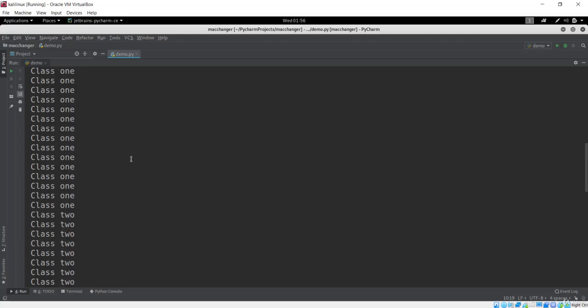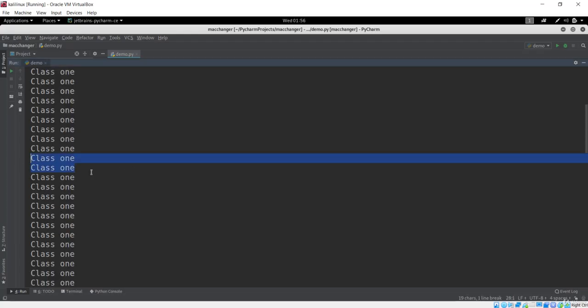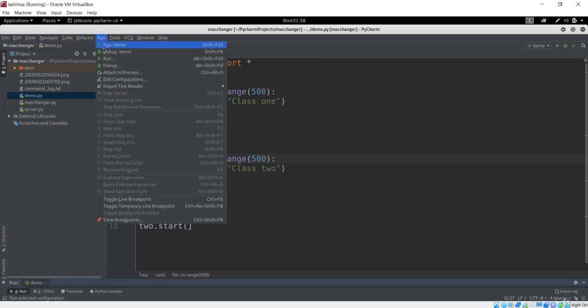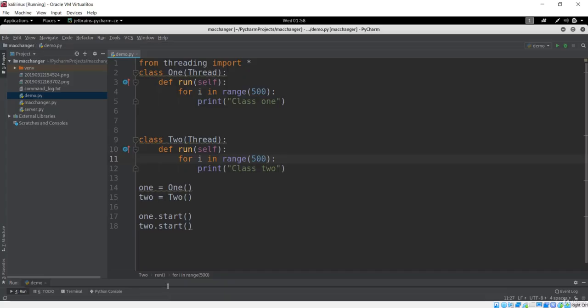Still this is not showing us any threads. You could clearly see that class 1 was printed first and then class 2 was printed. So let's see how this threading works for a larger task, because we haven't yet created a task big enough to need the thread. It is simply going with the main thread because the task is smaller. But now let's see if the task is bigger and whether this is going to run our task or not.